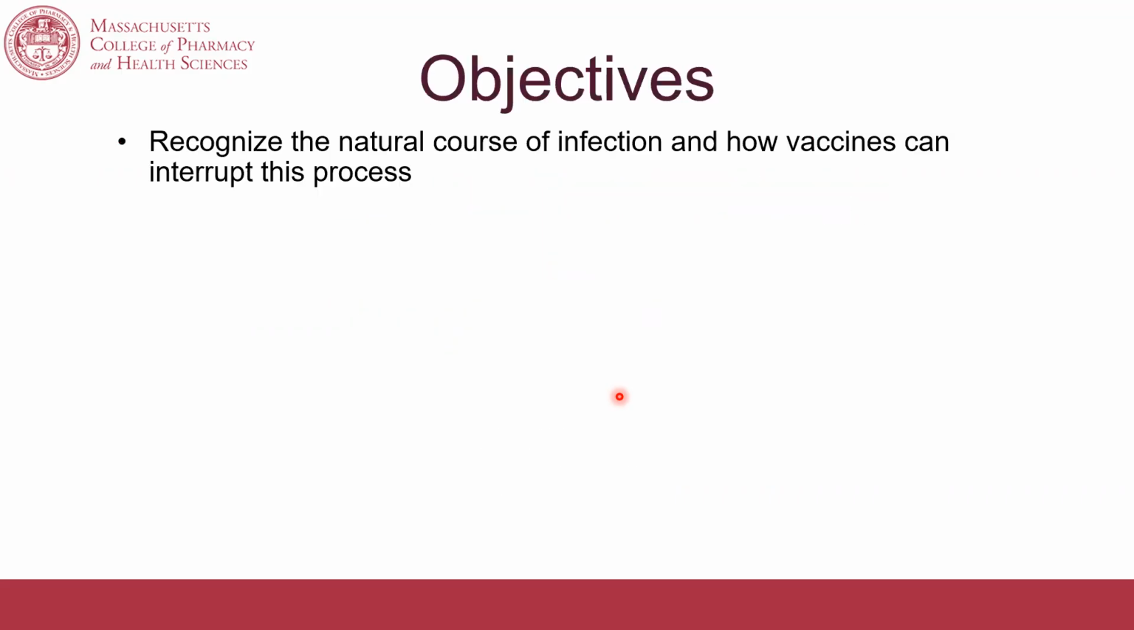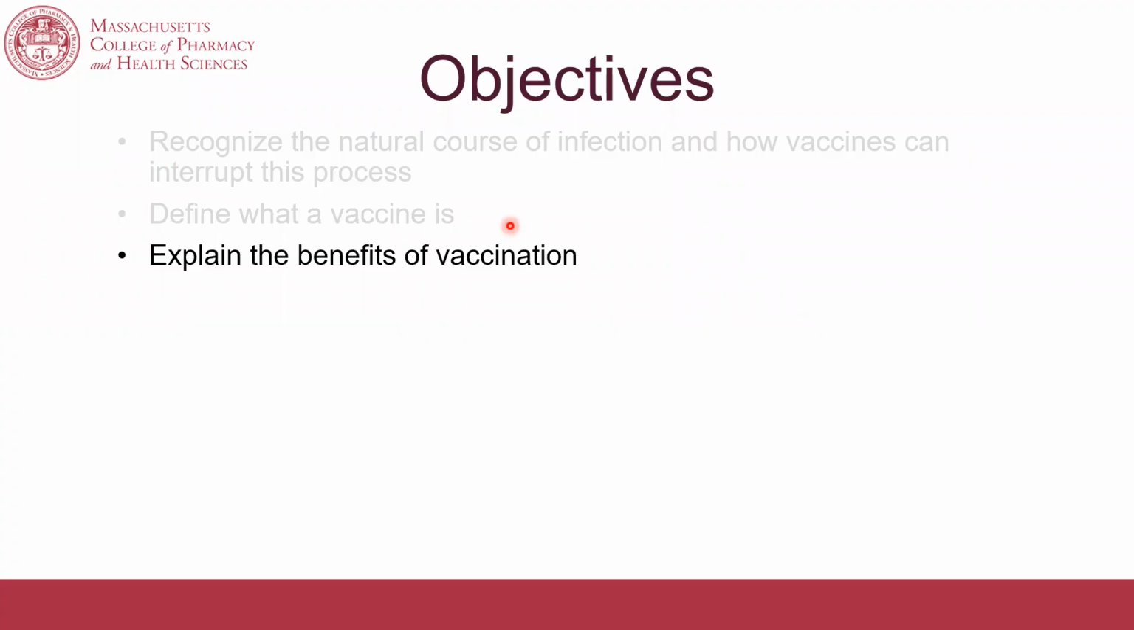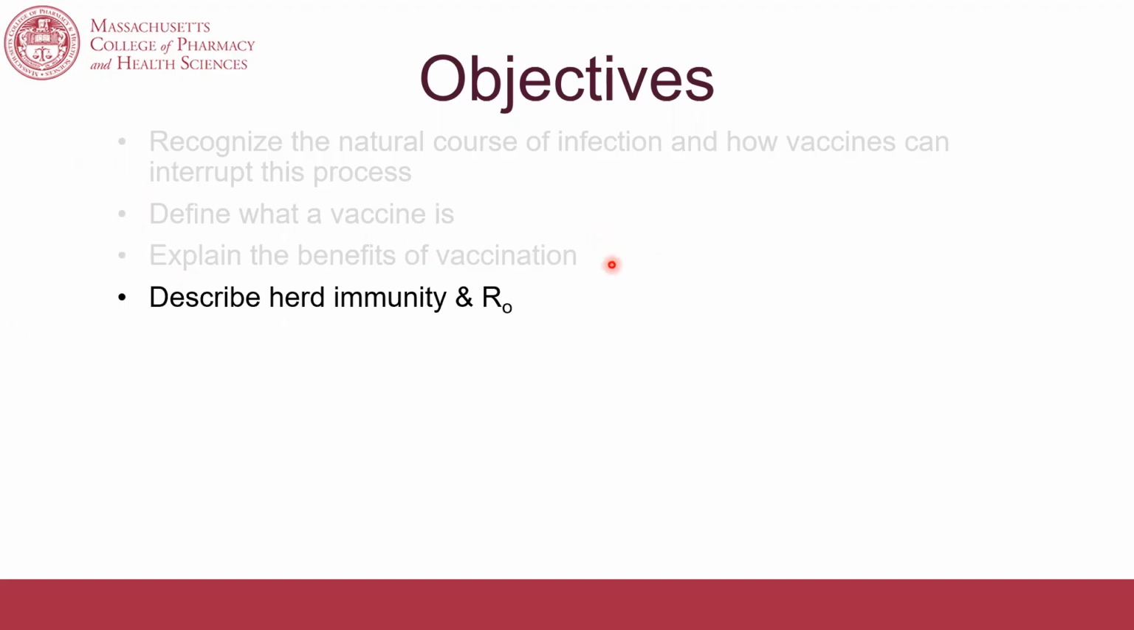By the end of this lecture, you should be able to recognize the natural course of infection and how vaccines can interrupt this process, define what a vaccine is, explain the benefits of vaccination, describe herd immunity and what R naught is,